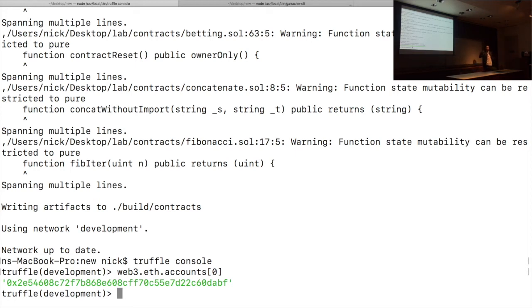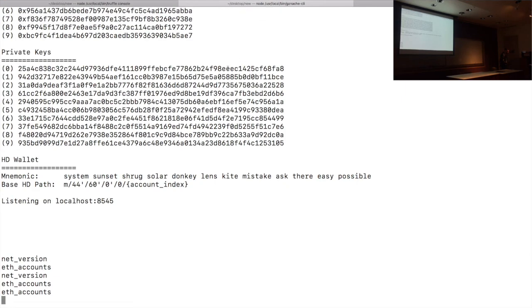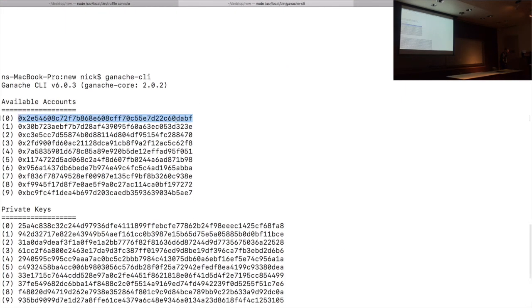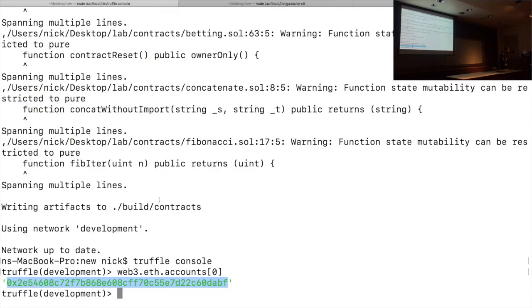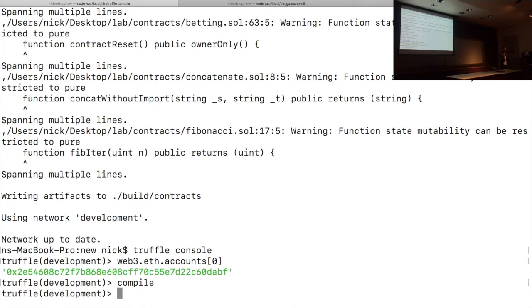Right. So, if we compare this and go to Ganache and look at this, it matches that exactly. So now we have access from our console. We have access to the accounts. Right? Cool. What do we do with them? Well, that's not the only thing we have access to, though. So if we type in compile, let it go for a second, and then go ahead and perhaps